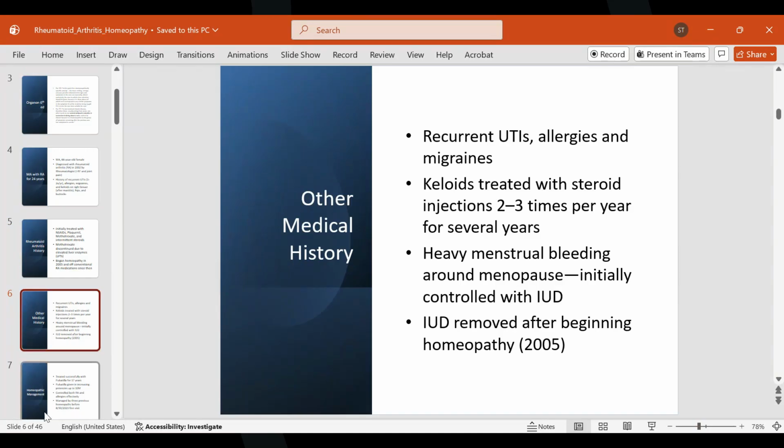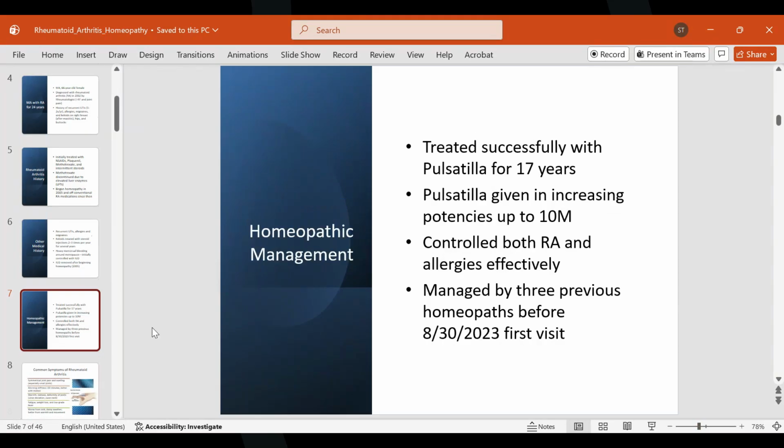But that's what they use in conventional. She was treated successfully with pulsatilla for 17 years. She had a wandering arthritis. When you see wandering arthritis, wandering means one day it's in the hip, a day or two later it's in the shoulder, then it's in the knee, then it's wandering around. So she was treated successfully with pulsatilla for 17 years by the other homeopaths, and they gave her increasing potencies